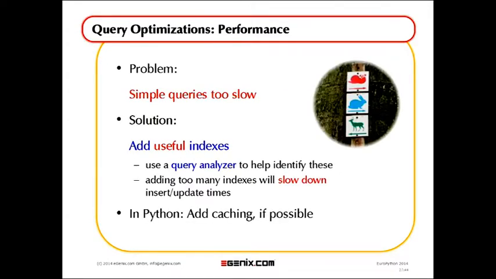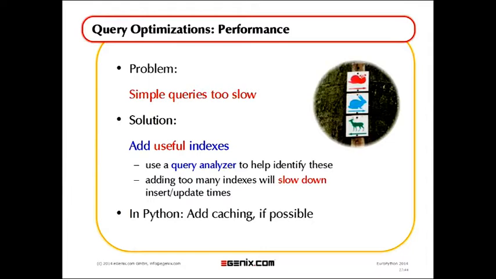On a more lower level, in Python, you have a certain number of problems that you can address directly. One is, for example, your queries run too slow, and the queries are simple. So you're just doing, for example, a select on a few tables, a few columns. The usual way to address that is to add more indexes. Because adding indexes is very easy in databases, some people add indexes to everything they have in the database. This slows down things, because every time you write into the database it has to update all these indexes.